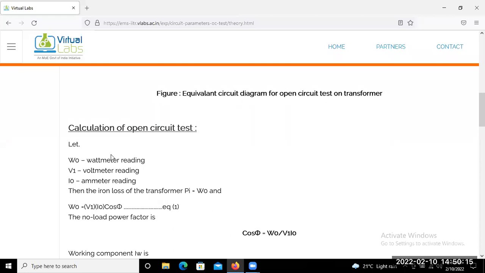We already measured the wattmeter reading W0, voltmeter reading and ammeter reading. So if you put them in this formula, we can find the no load power factor. Is not cos phi equal to active power divided by V1 I0? Some standard books represent the no load current by